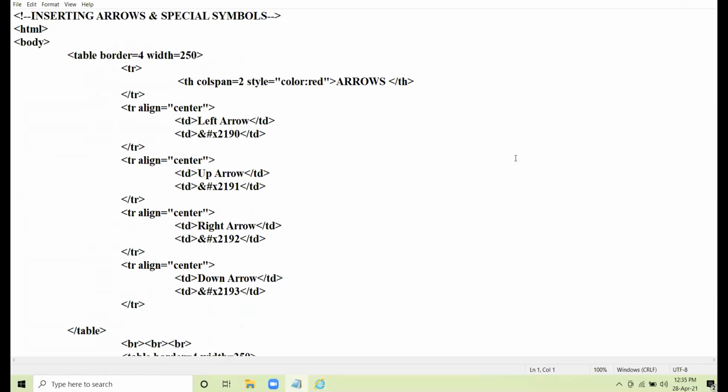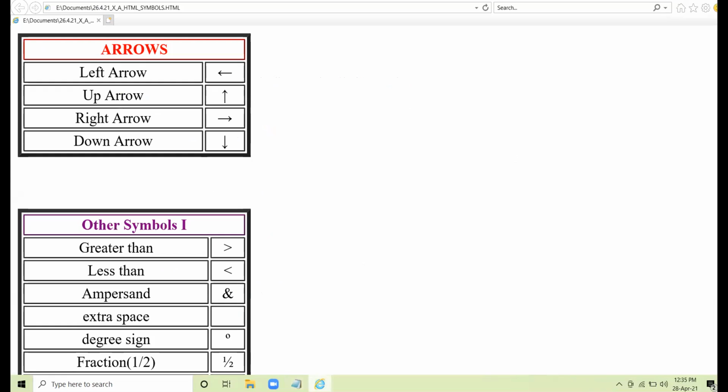I have created a table with border 4 and width 250. In the first table, which you can see in the browser view, it is showing 4 types of arrows that you can display in your web page.